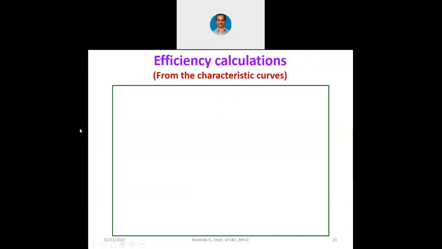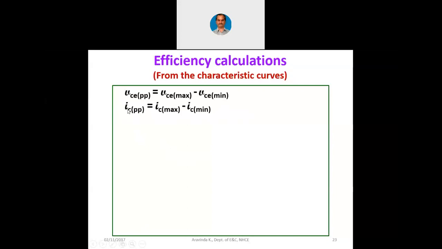Let us see the efficiency calculations now from the characteristic curves. I am putting all these equations in lower case purposefully because we are dealing with the AC now. So VCE peak to peak is VCE maximum minus VCE minimum. Now for this transformer coupled amplifier, we should have a slightly different approach for calculating the efficiency. So output voltage peak to peak is now VCE maximum minus VCE minimum. We have to find out VCE maximum and VCE minimum.